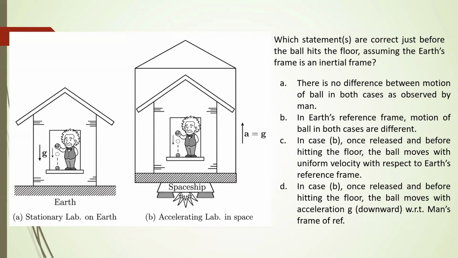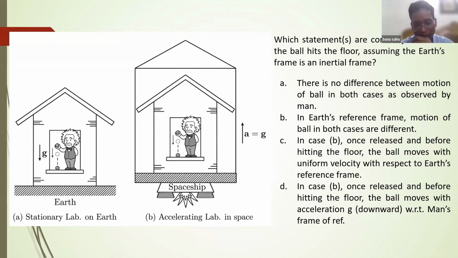And the last case, I thought it is coming down with an acceleration g from the man's reference frame. So it should be accelerating in the man's frame, with plus g. So there has to be a pseudo acceleration of minus g from his frame. That's what I thought. I don't know if I'm right or not.